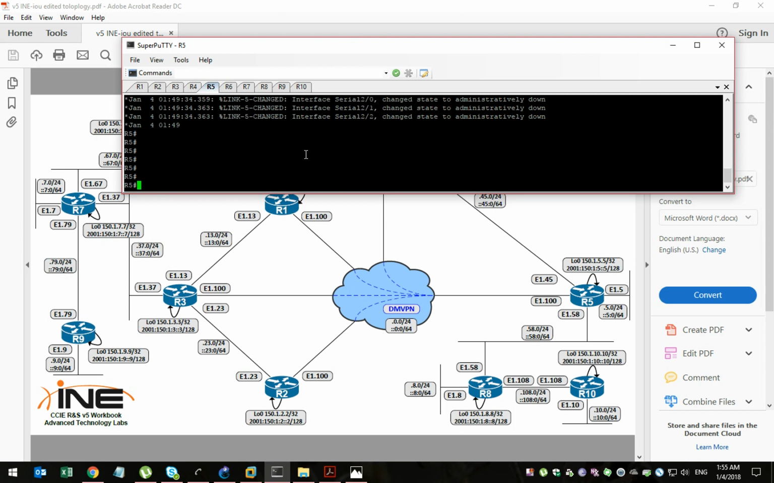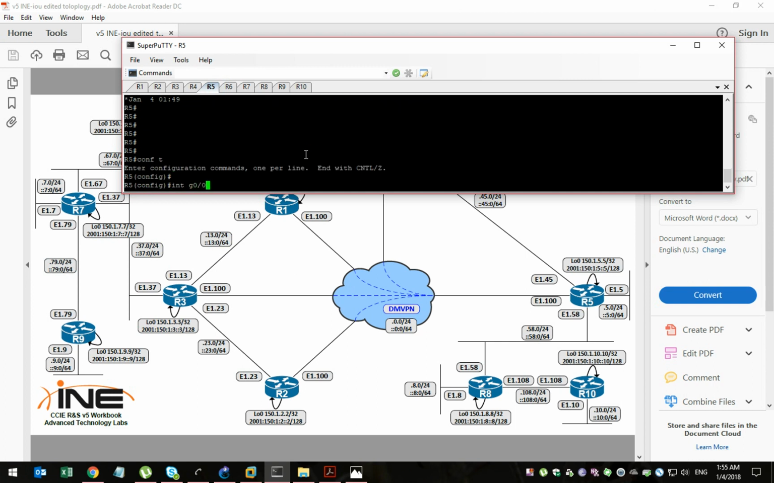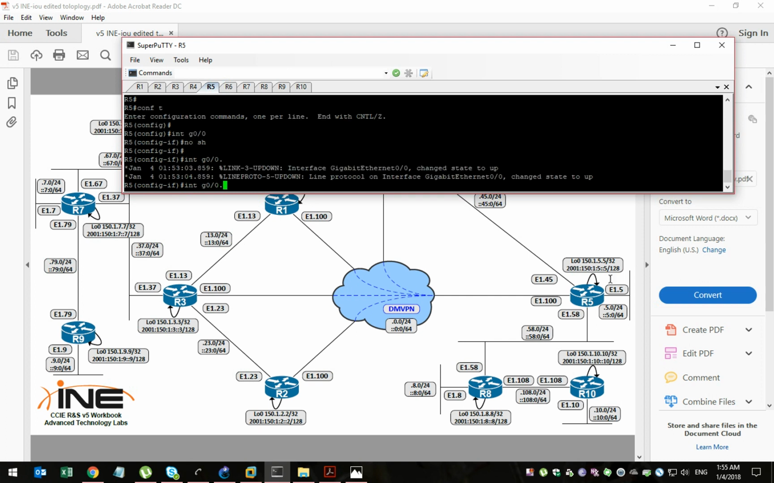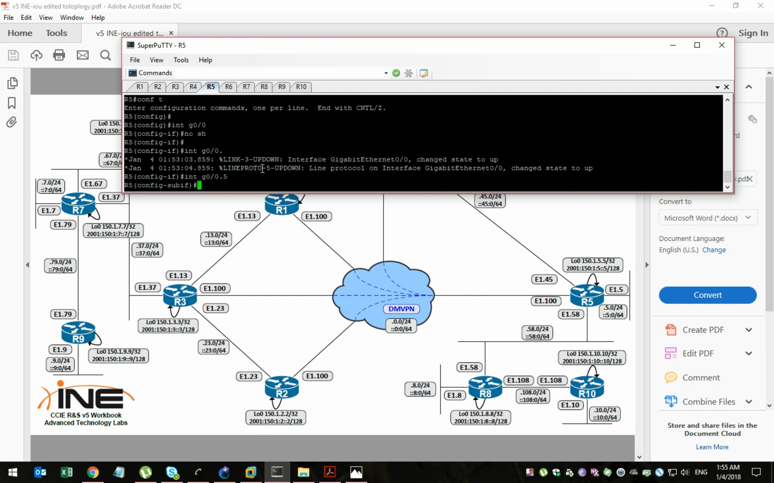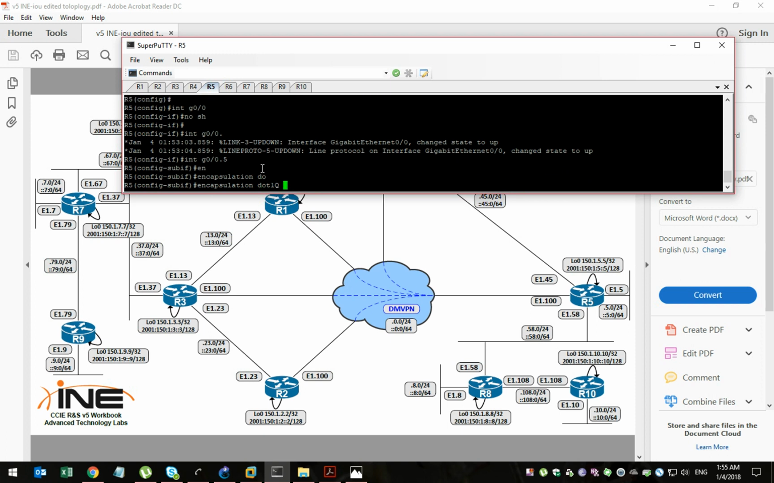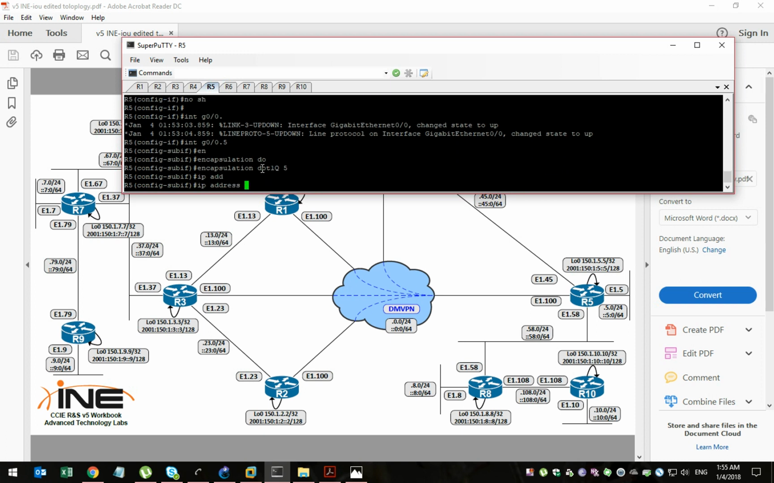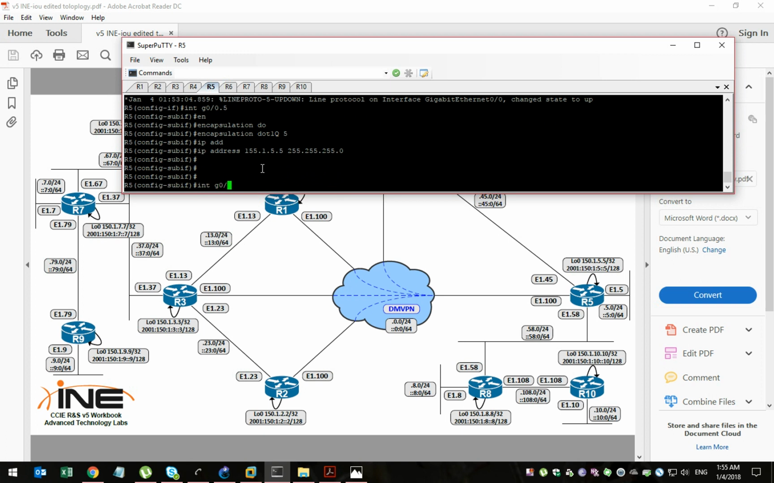We reach router 5. Conf t, interface giga 0/0, no shutdown. Interface giga 0/0. We will start clockwise. Encapsulation dot1q 25, it will be the local LAN for this router, 5.5. We will use the same procedure. I will not change anything. Interface giga 0/0.58, encapsulation dot1q 58 with IP address